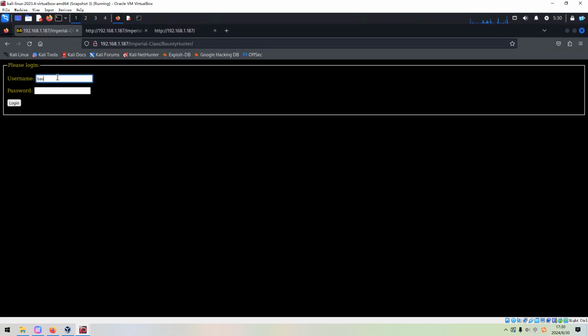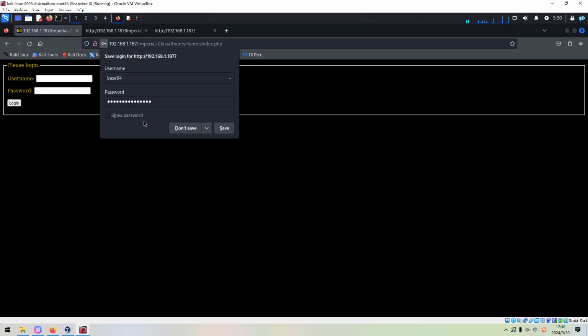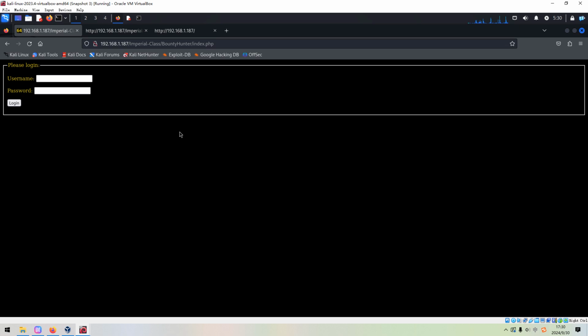Base64. Login. It doesn't work. However, we are redirected to another page. Very interesting. Okay. And also we can try to use admin and admin to log in, which doesn't work either. And we can use the login bypass technique.